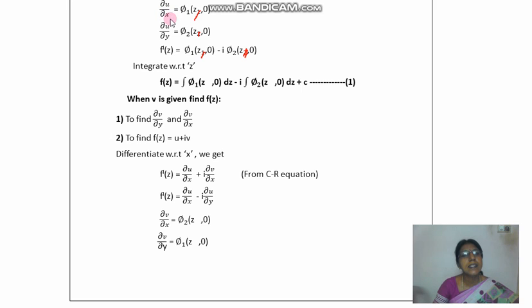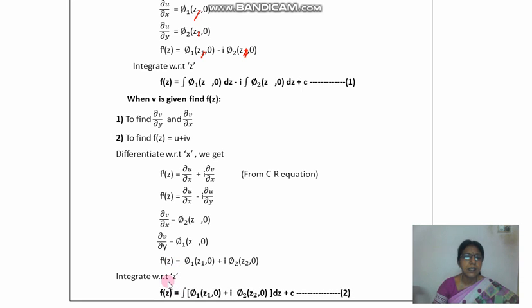And x, y are 1, 2. But here, for x we got pi 2 and for y we got pi 1. They are reversed, remember that. Then the formula is similarly f dash z integrate. Don't ask this in examination, this is not important, but the formula is important. Derivation is not asked in the examination. Just remember the formula. On integration, this step becomes f of z is integral of pi 1 z0 plus I pi 2 z0 dz. Okay, this is the formula.